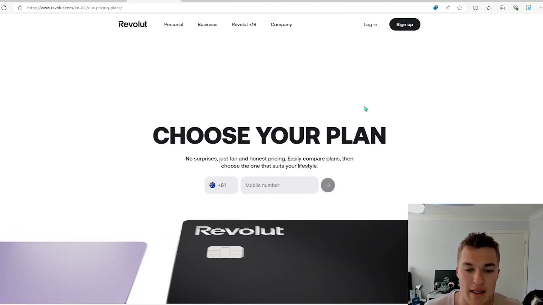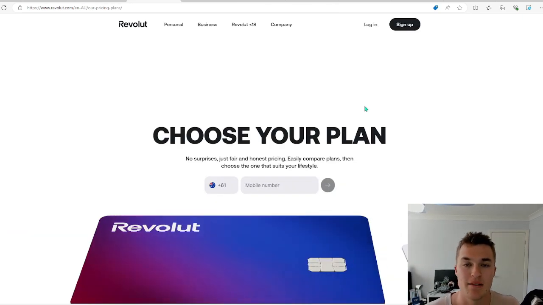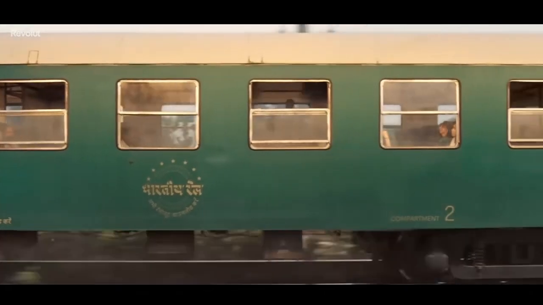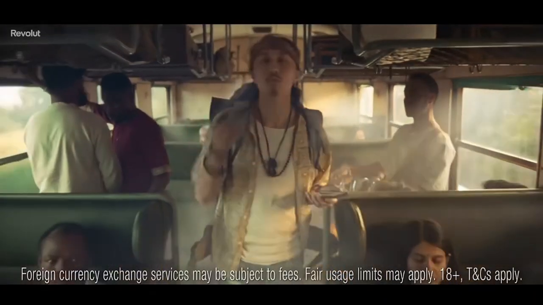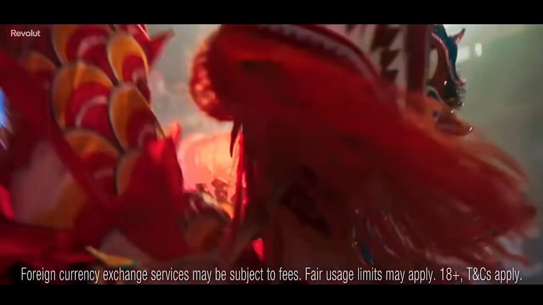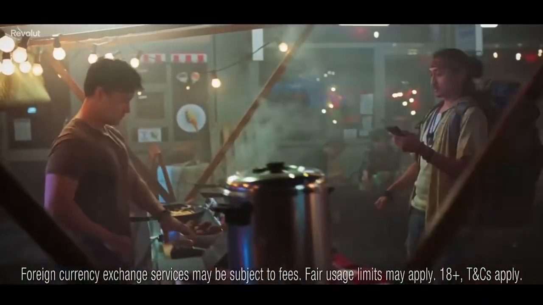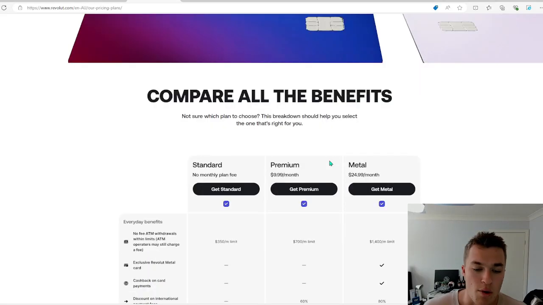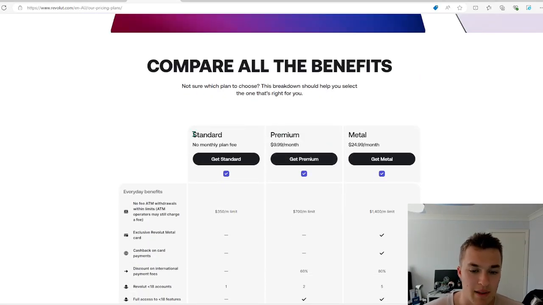So I guess that brings us on to these plans now. If you are considering traveling, maybe you're doing a massive travel of Europe for months on end, and you want to exchange large sums of money and get the most bang for your buck, well, what you could then consider would be something like these subscriptions that do come in as a monthly cost, but do improve some of the features available on Revolut.